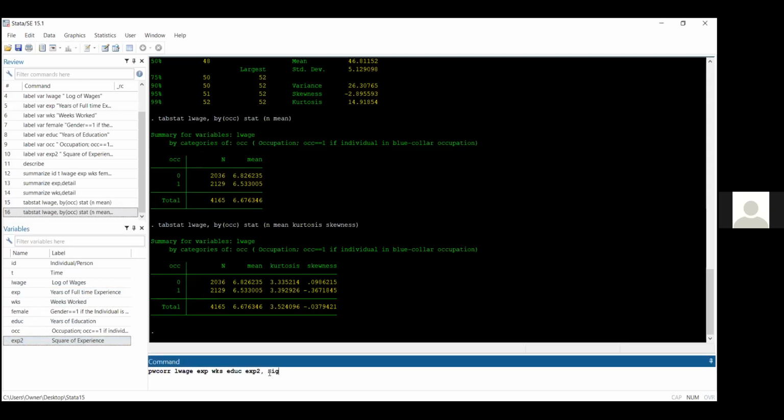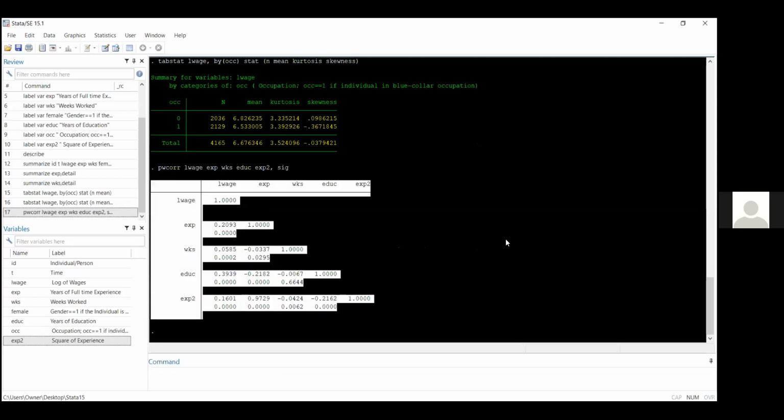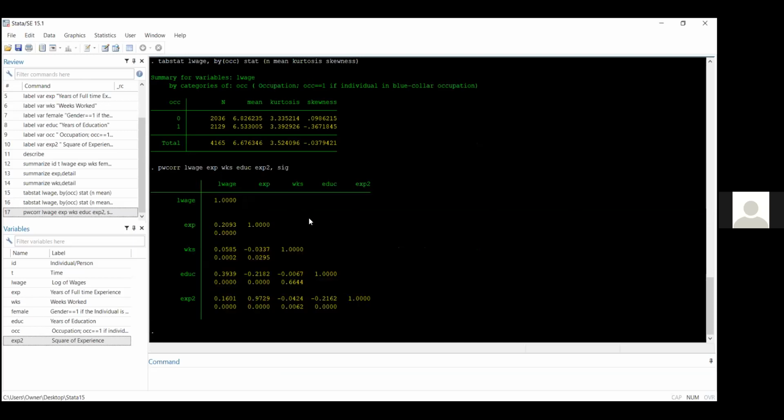Just add an option, significance, SIG for significance, because I want to see if the relationships are significant or not. Again, like I mentioned, you can just copy this table and take it to Word and edit it to make it look nicer according to what you do. So here, for the correlation, the attention will be on column 1 because that's where I have wage and its independent variables. I have 0.2 significant at 1%. I have 0.05 significant at 5%,